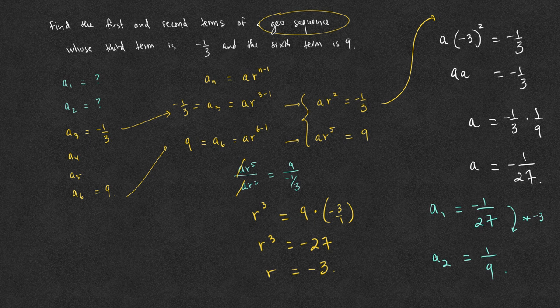Just to double check our work, if we take a sub 2 and we multiply by -3, we should get a sub 3. But 1/9 times -3 is -3/9, which is -1/3. And that is what we were given. So yes,